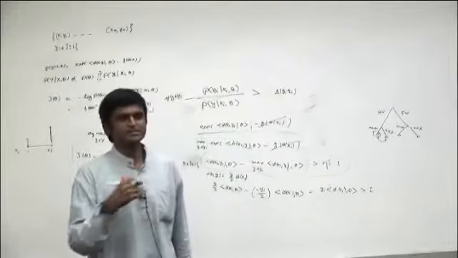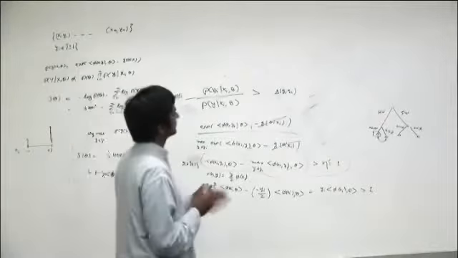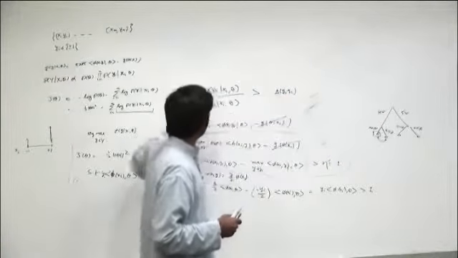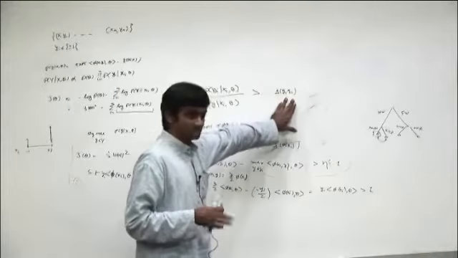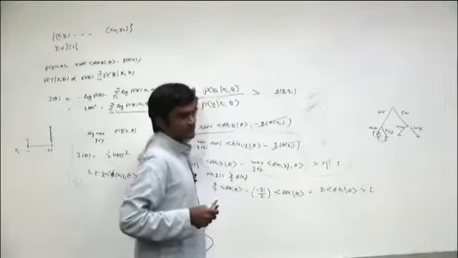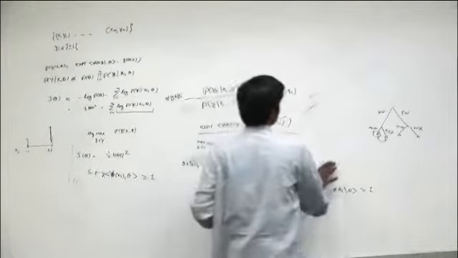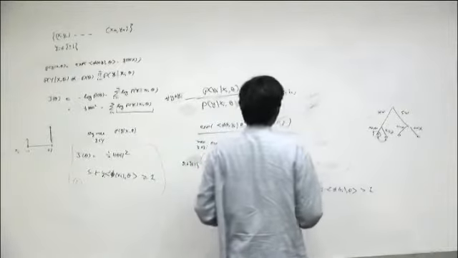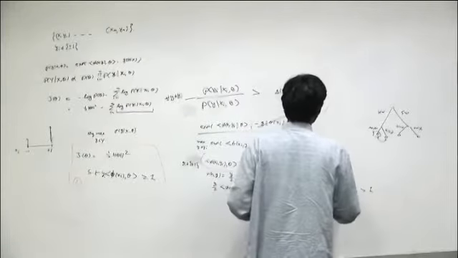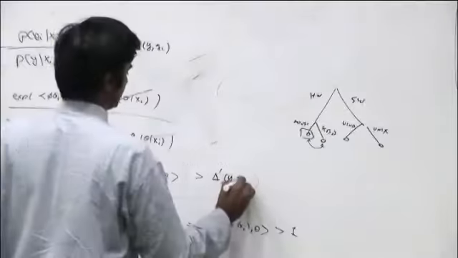So I'm going to define some notion of a distance in my label space. I'm going to say that these two labels are close or far away. If they are far away, then I want this to be much further away. If they are close by, I don't mind this ratio being small. If I do that, then here again there will be another thing that happens. So you'll get some kind of delta prime of yi.